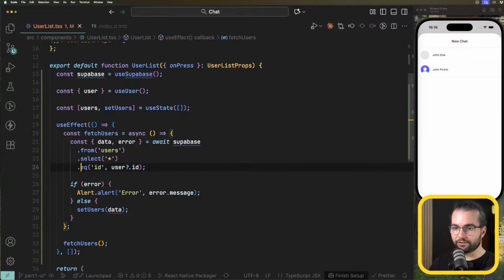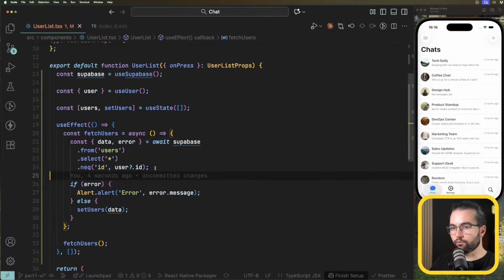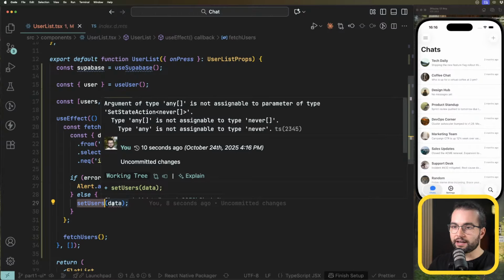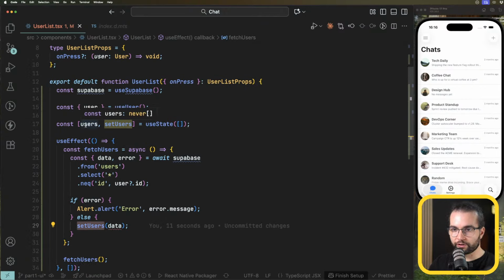Because if I delete not equal here and say equal, it's going to only show my profile. That's why we have not equal. Perfect. That's how filtering on Supabase works. The next step is how do we say the type of this data? Because right now, if I hover over user, it says never, meaning that it doesn't really know what type